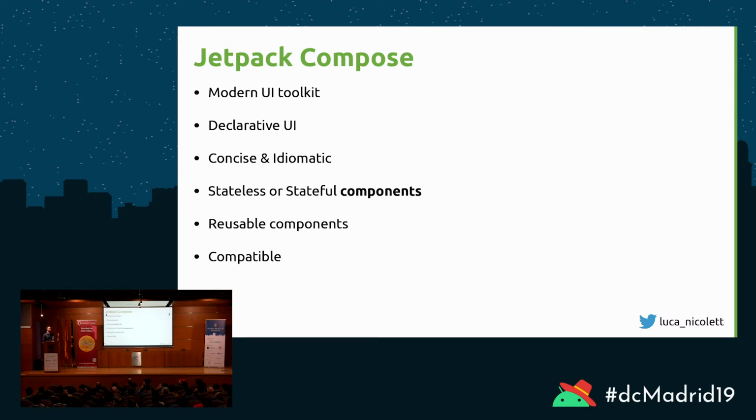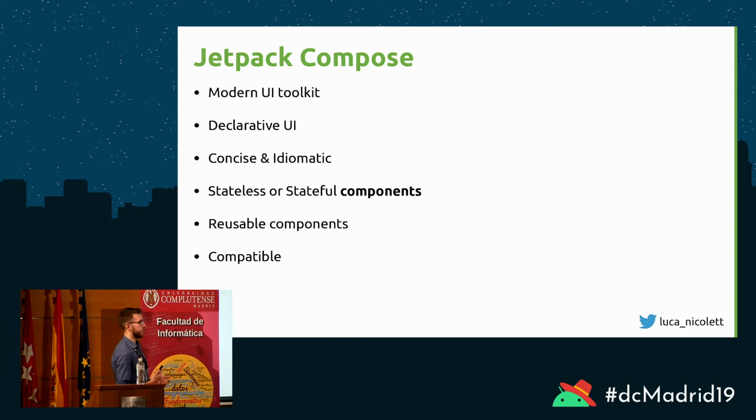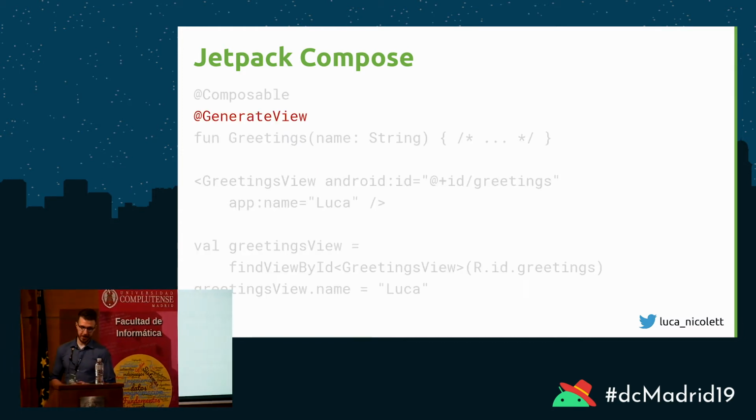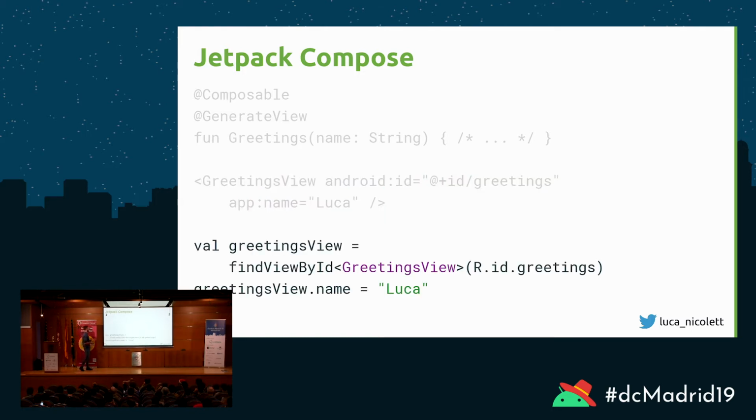And it's also compatible. What do they mean? Back at Google I/O this year, they introduced this GenerateView annotation to use on those composable functions. And this annotation was meant to be used on a composable function, and it would generate all the code necessary for you to be able to use that composable function as you would use a normal view right now in the XML file or also in code. Here I'm just getting a reference from an XML file,